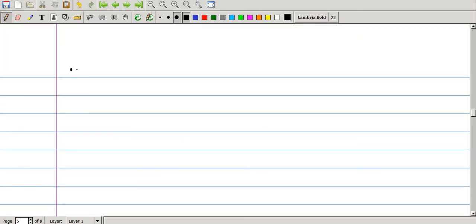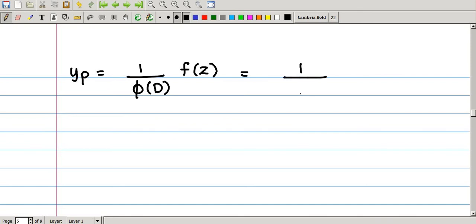Now to find the particular integral, we operate the auxiliary equation on f of z. Here the auxiliary equation is d square and f of z is a plus bz. Since this is an algebraic polynomial, by the shortcut method formula, we need to expand 1 upon phi of d in increasing powers of d. But there is no expansion. So what does 1 upon d square represent? It represents integration of this function 2 times.